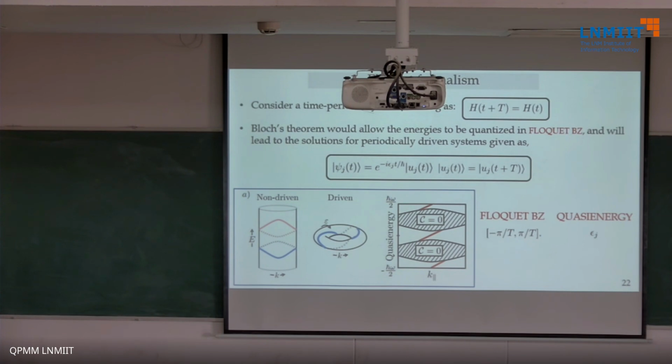Bloch's theorem says that these energies, now Bloch's theorem is reformulated for energies where these quasi-energies are contained in this Floquet-Brillouin zone. So there are these modes at minus h cross omega by 2 and plus h cross omega by 2. So your Floquet-Brillouin zone is between minus pi by T to plus pi by T. Just like your k was between minus pi by a to plus pi by a in a periodic system, your energy is now between minus pi by T, where T is the time period of driving.